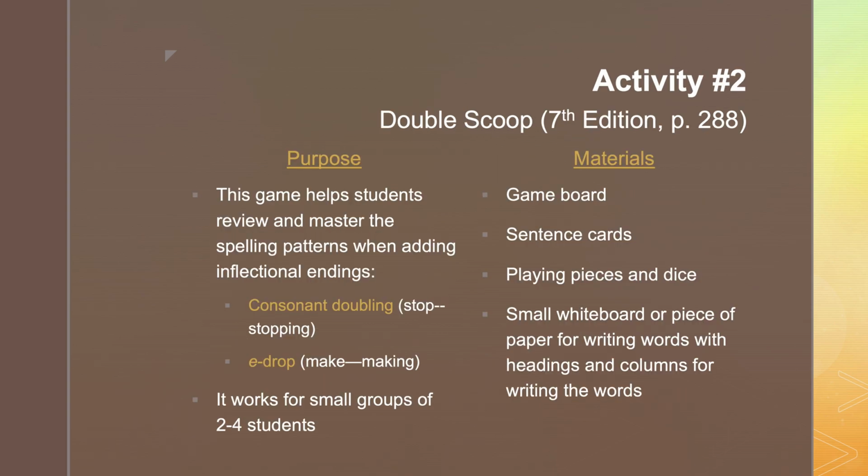All right, activity 2 is called Double Scoop, and this is a board game that students are going to use, primarily helping the students review and master spelling patterns when adding inflectional endings of ed and ing. So we're going to focus on consonant doubling and e drop, and also no change as the inflectional endings. This game works great with small groups of 2 to 4 students, and the materials needed are a game board,